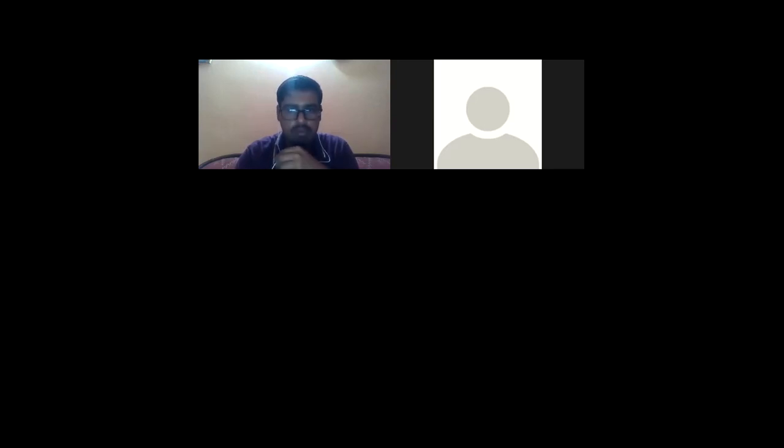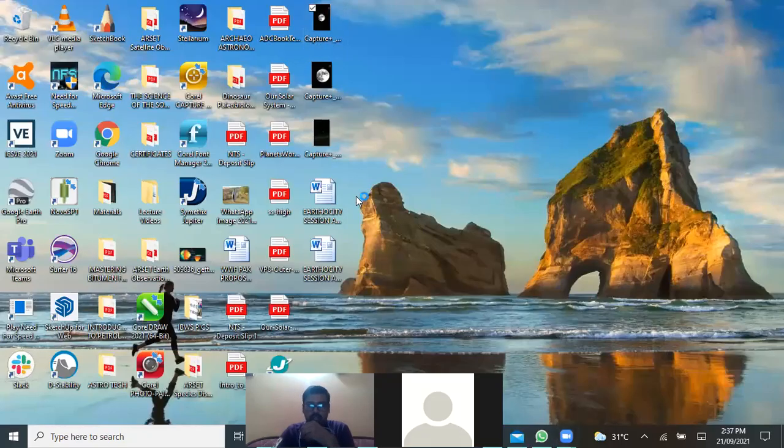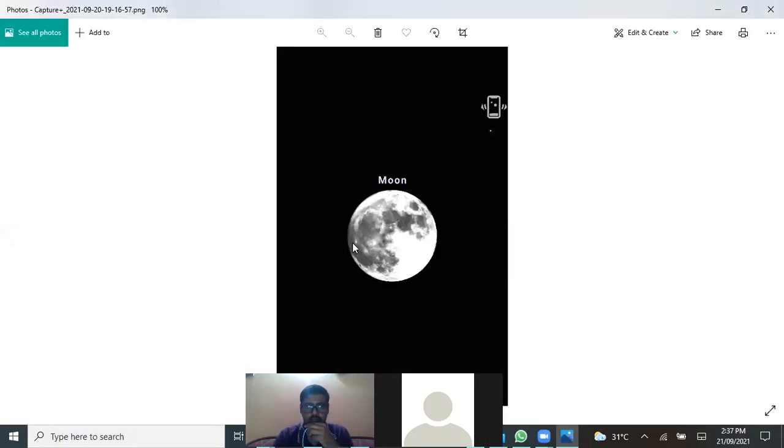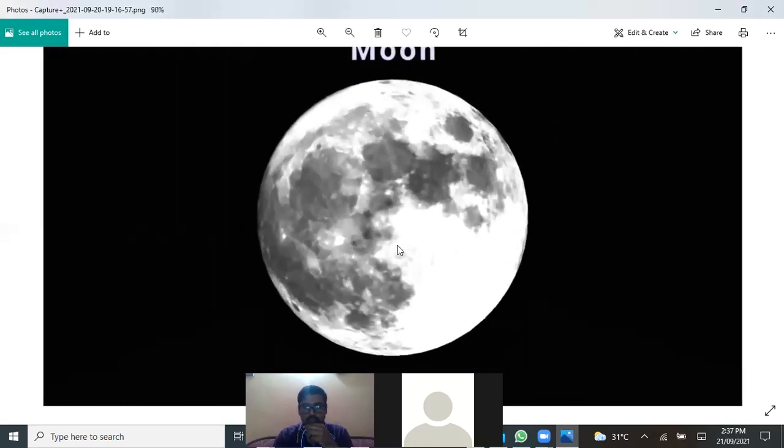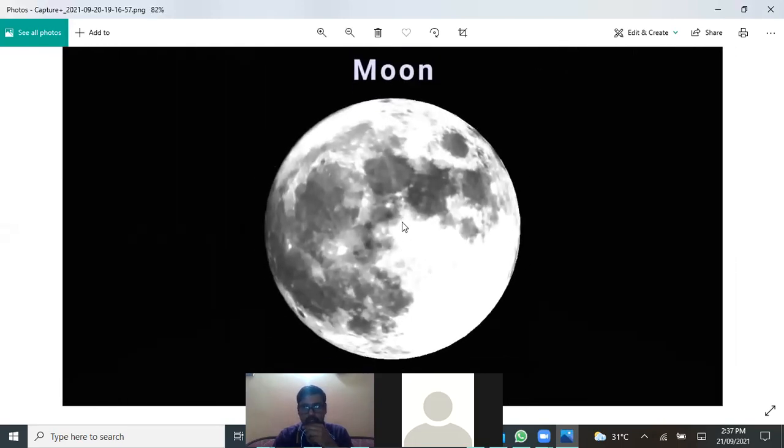I have captured a moon image for you as well, when I was viewing the moon last night. Let me show you this image, which I captured from my location, Islamabad, Pakistan. This is the moon of last night, which is the full moon, as I have told you earlier. As you can see, these are various patterns, these are the geological features present on the moon.